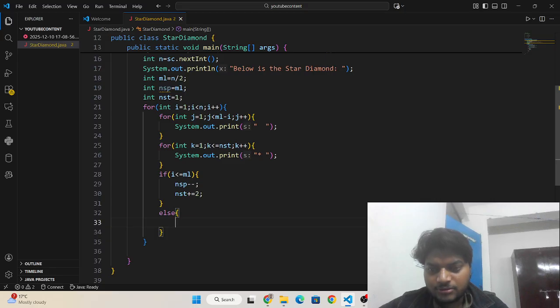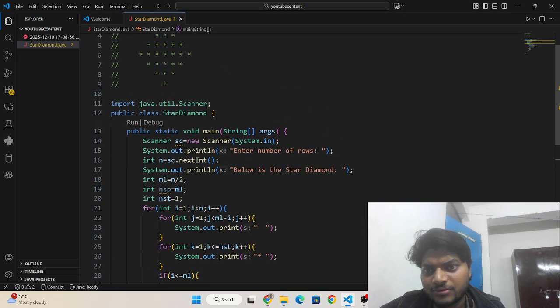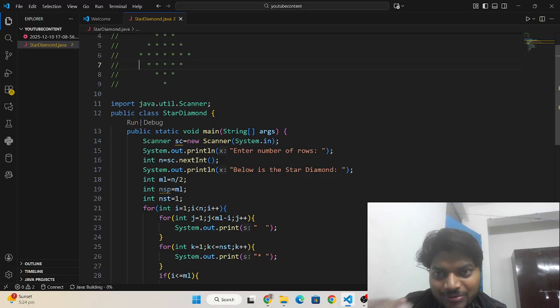You can see the number of stars is going to decrease by 2 while moving from the middle line to the bottom. And the number of spaces is increasing, and the number of stars is decreasing.